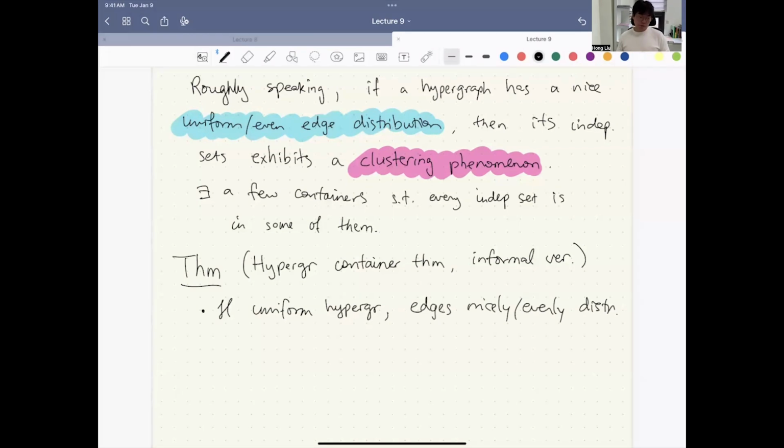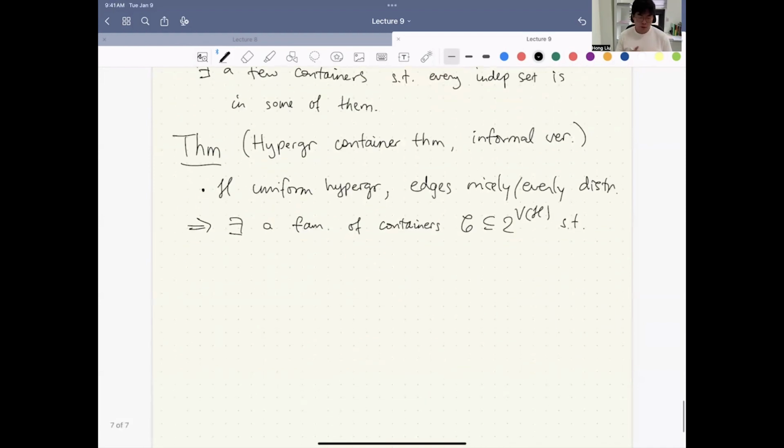Then there exists a family of containers, let's call it C, such that, well, first of all,